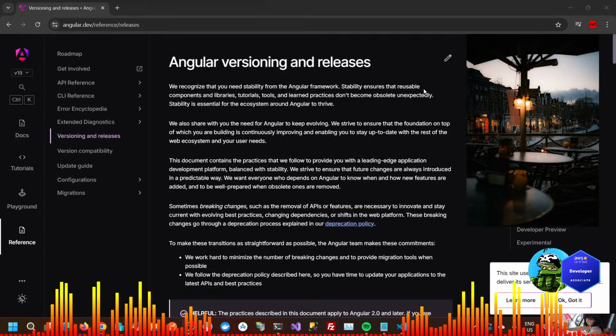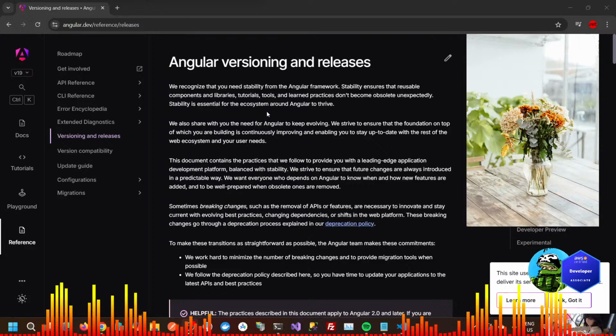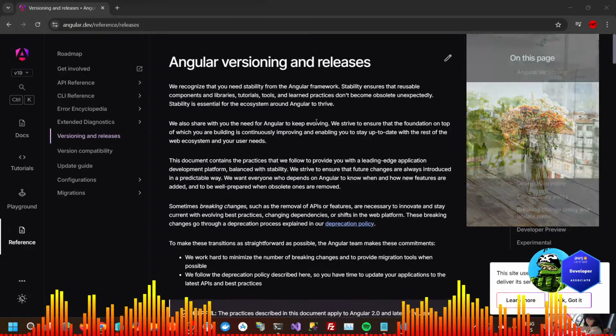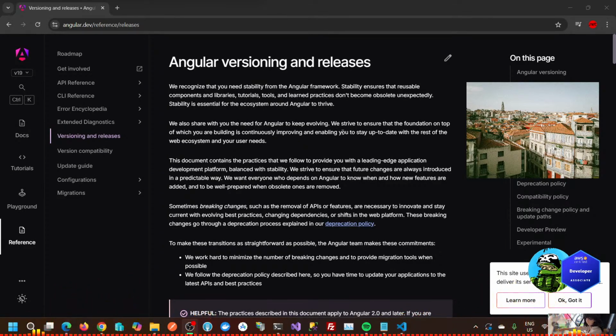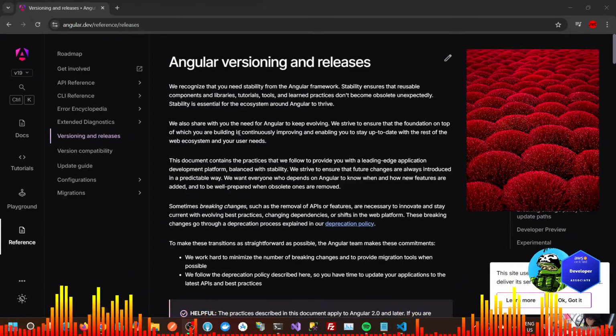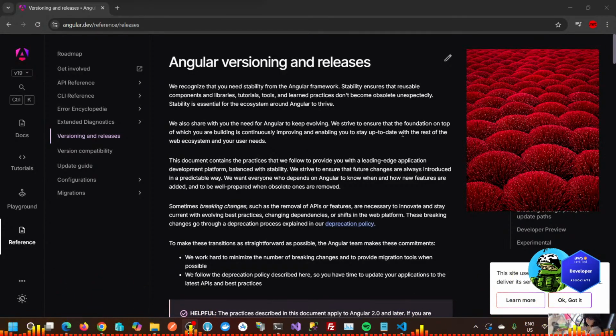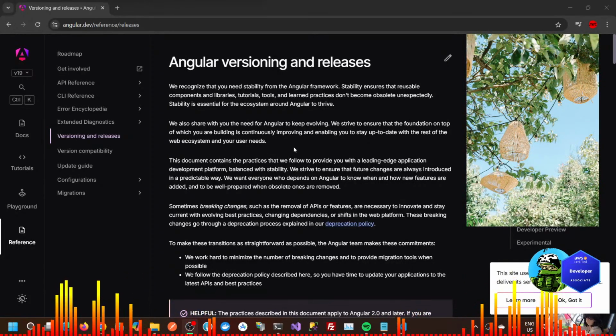Stability ensures that reusable components and libraries, tutorials, tools, and learned practices don't become obsolete unexpectedly. Stability is essential for the ecosystem around Angular to thrive. We also share with you the need for Angular to keep evolving. We strive to ensure that the foundation on top of which you are building is continuously improving and enabling you to stay up to date with the rest of the web ecosystem and your user needs.